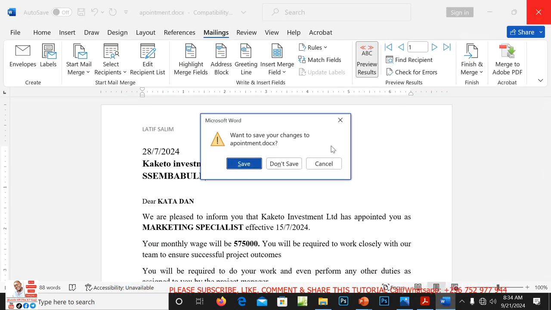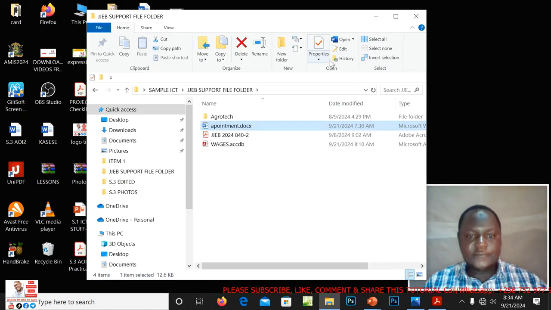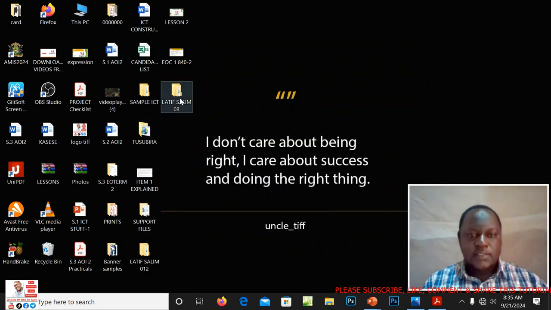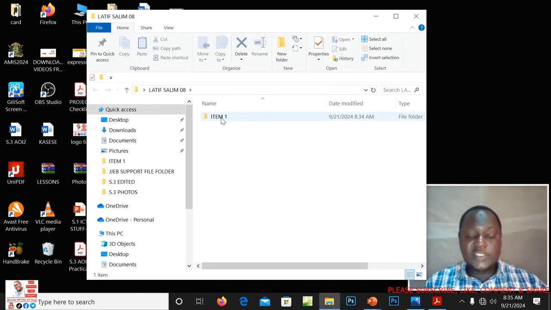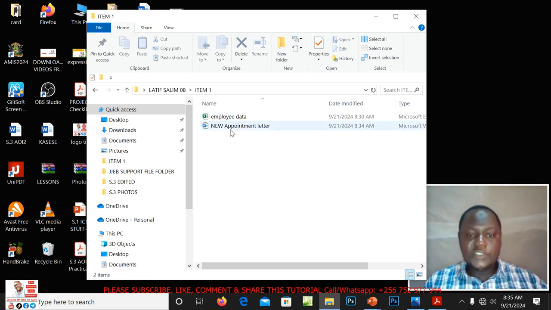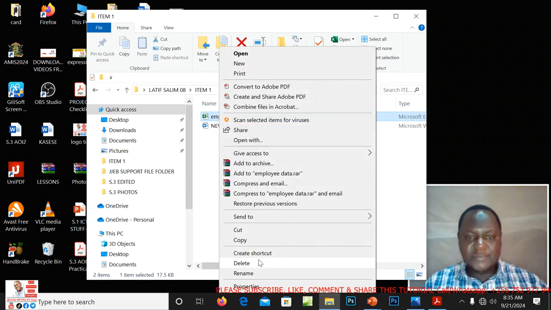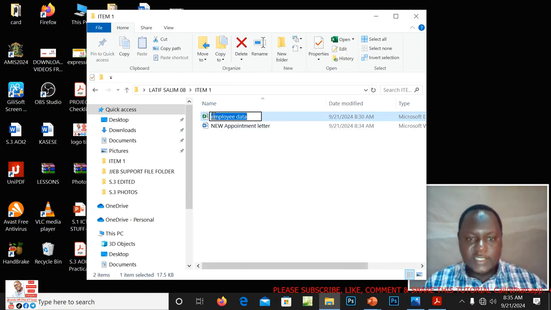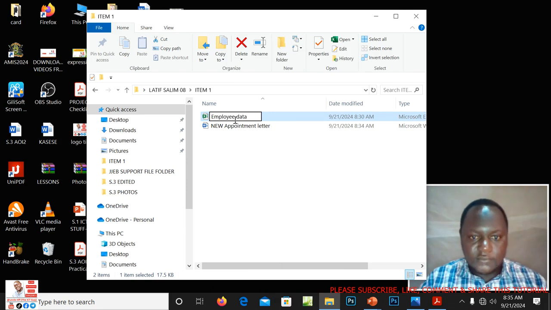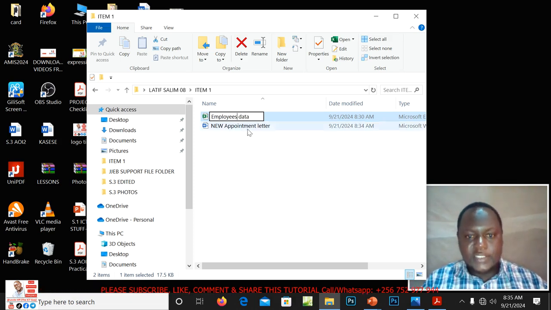So we shall close this. Don't save. Always you need to check your work to confirm that it is there. I think we can call this employees new wages. Let me just add that. Employees data. Anyway, employees data.